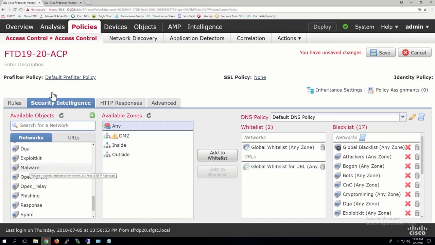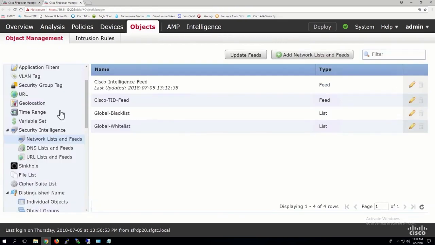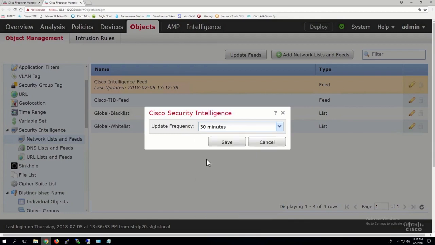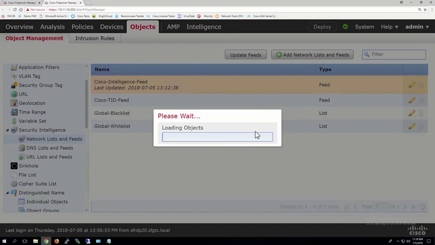How often? Well, that's a good question. Let's go back here because they're managed from here. My Cisco intelligence feed, which is all those objects, is updated every 2 hours by default. Now, you can change this down to 5 minutes. I do not recommend this because when you go to deploy a policy out to your Firepower or FTD boxes, if these are being downloaded, it's going to say can't deploy, download and process. Well, if you set this every 5 minutes, that's always going to occur. I do lower this, but I don't go more than 30 minutes. Just keep that in mind. You can go to 5 minutes, but you'll see you'll have some errors when you try to deploy.